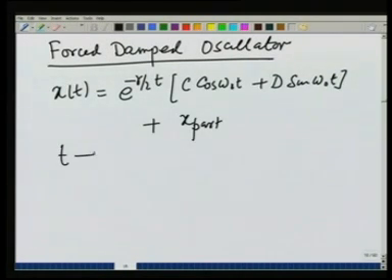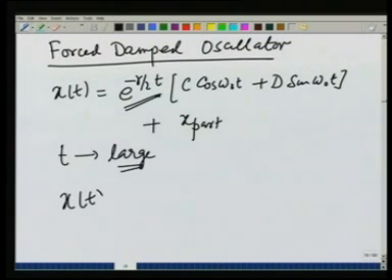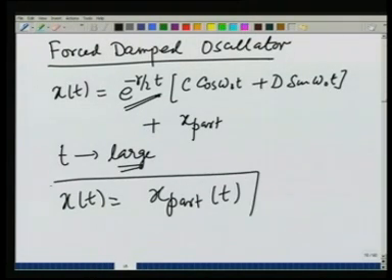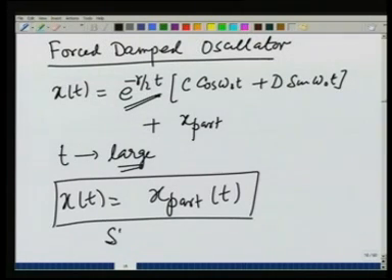As t becomes large, you see that this term would go to 0, and therefore in the limit of large t, I am going to have only the x particular solution. This does not get damped out, and this is known as the steady state solution,